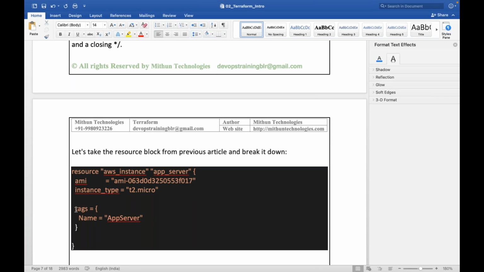If you see within this block, I am having something else like this. Can I consider this as a top level block or a nested block? You see, starting here, ending here, and within this block I have one more block. Nested block.